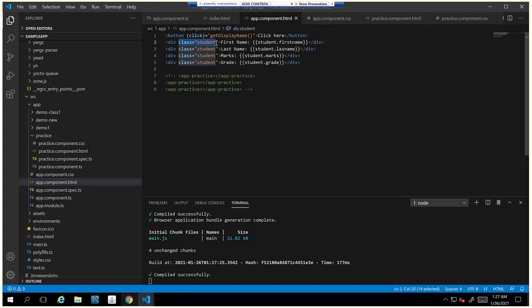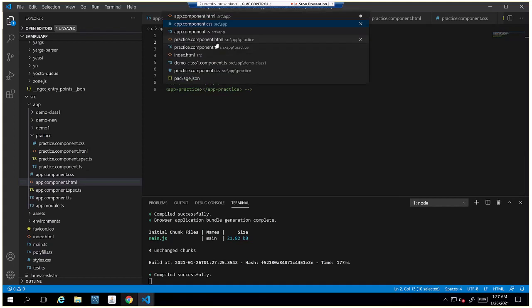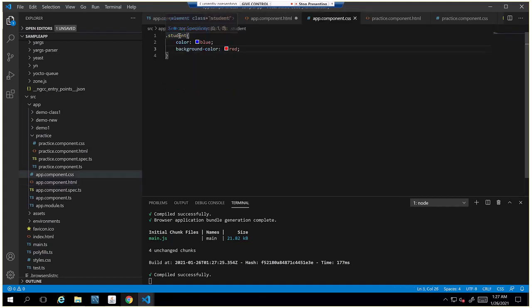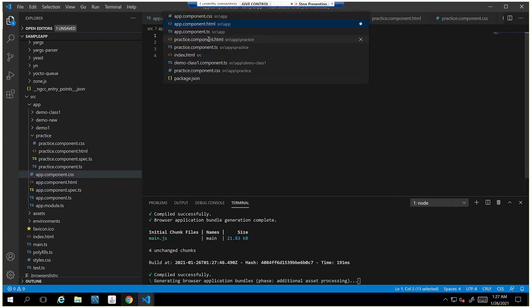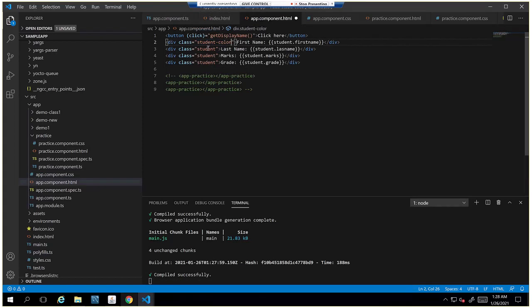It is not mandatory to use the same name. I can use student123 and the same class name should be present in the CSS. I can use some junk characters also, but some meaningful name like student color is better. If someone comes and sees that, they will understand this is used for printing student details.